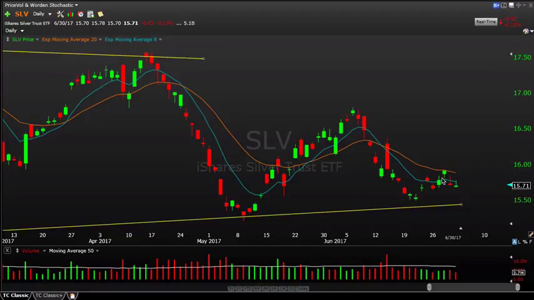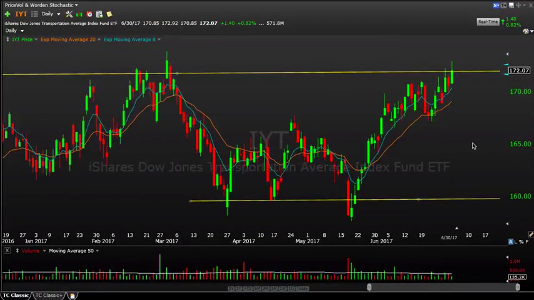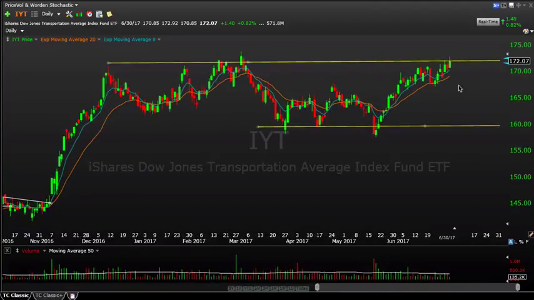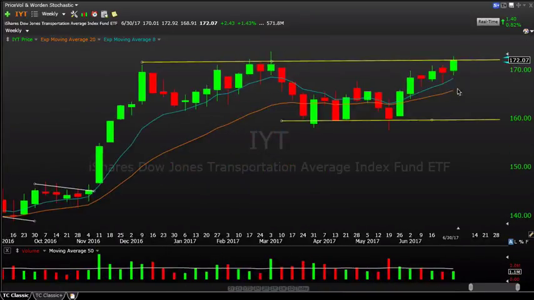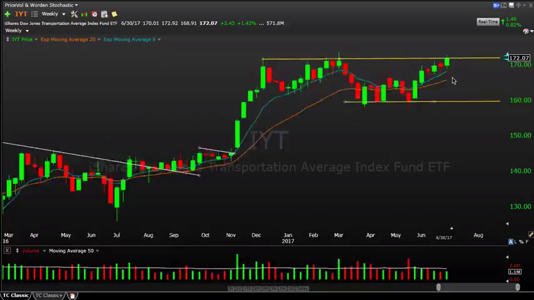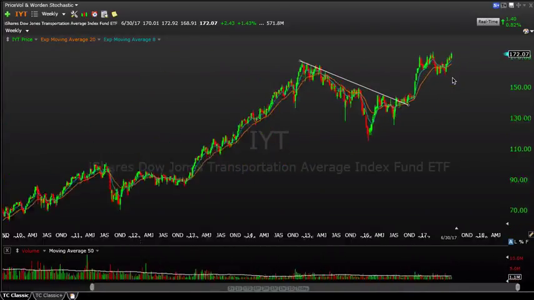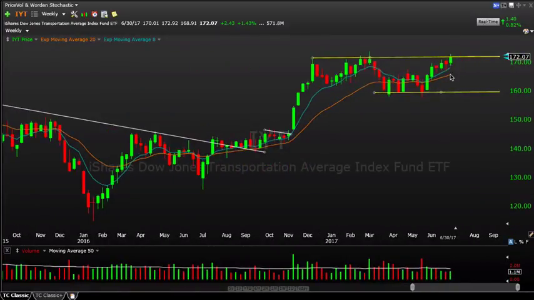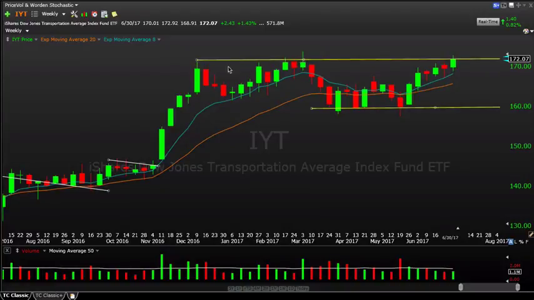Let's take a look at some of those sectors. So IYT here, very impressive. We talked about this in the midweek video, and again, this is going out on the week. Nice relative outperformance on Friday, up 82 basis points. You can see on that weekly chart starting to make some progress, trying to emerge or at least challenge these highs here. This was an all-time closing high for the IYT based on the weekly close, and you can see it's all the way back to December and February of 2016 and then early this year that it's trying to emerge from.